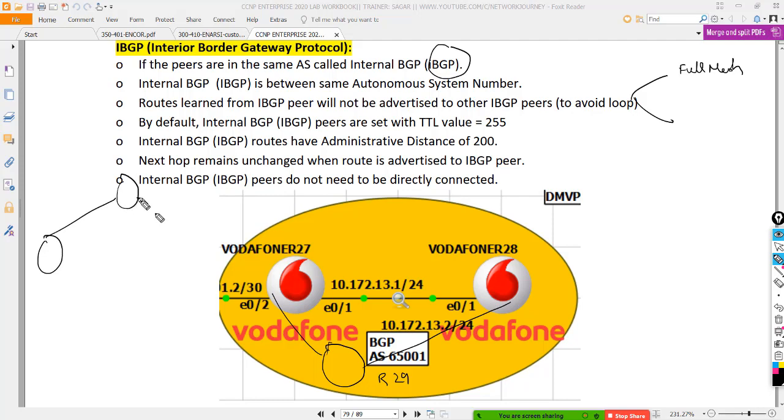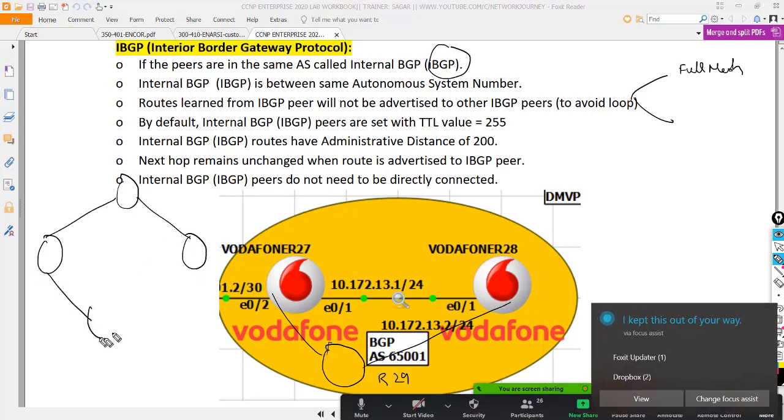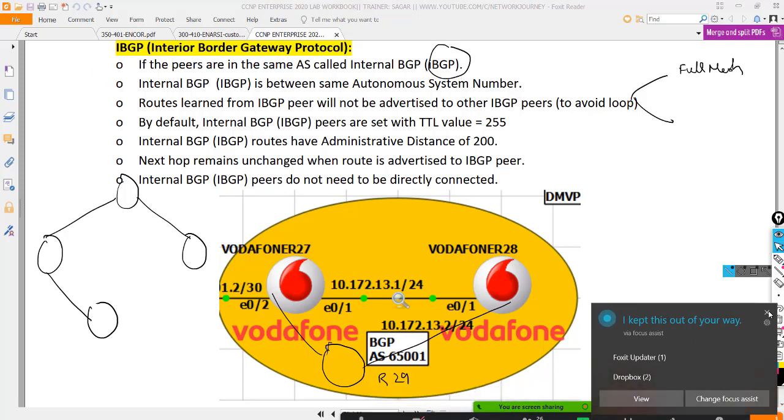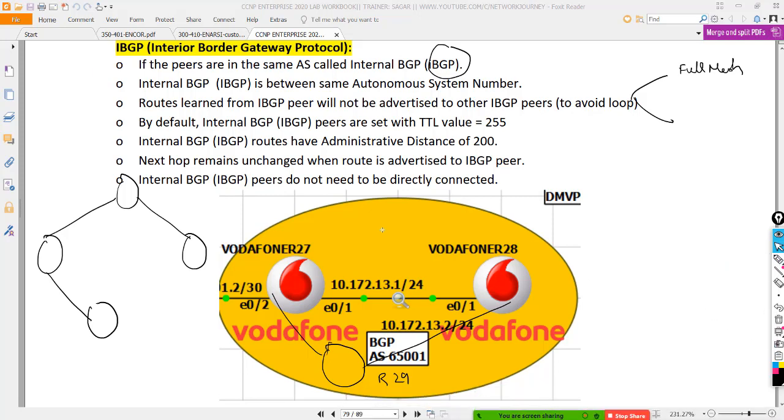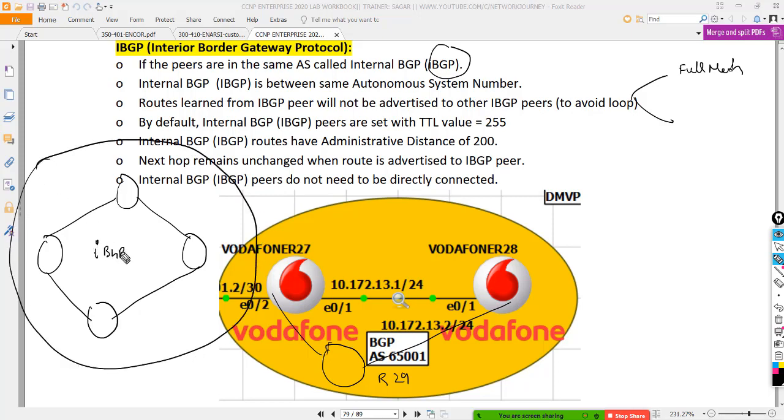So let's say I have 4 routers. Okay, I am creating the IBGP configuration. They are not a full mesh at this moment, because R1 and R4 are not directly connected.